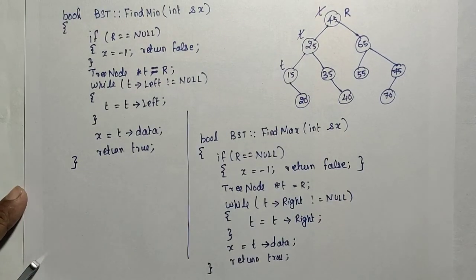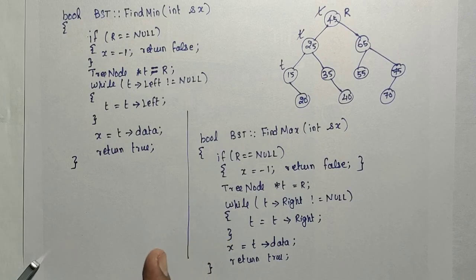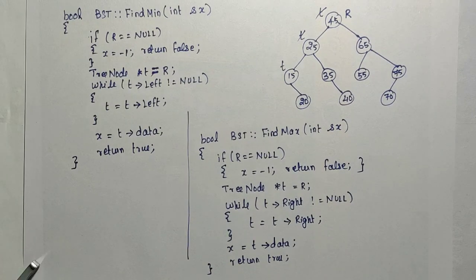So we have defined all the functions of the binary search tree. Now you try to implement this code in your system. Just create a simple binary search tree and try to print it first. Print the elements by using the in order traversal, to check whether it is constructed successfully or not. After that, check whether the delete function, find min function and find max function are correct or not, by calling those functions. Thank you.